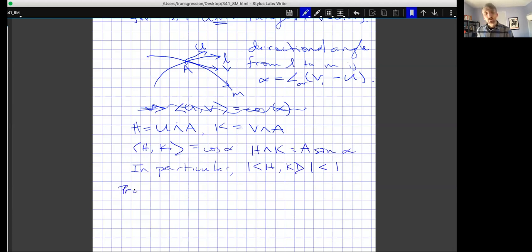So proposition: distinct geodesics L and M intersect in H if and only if their normal vectors